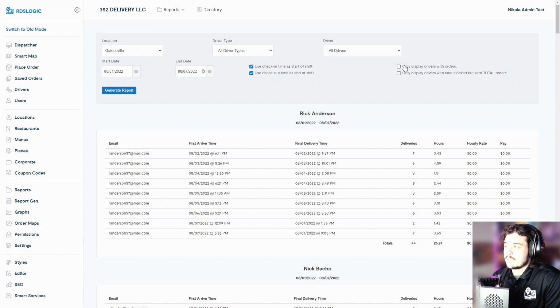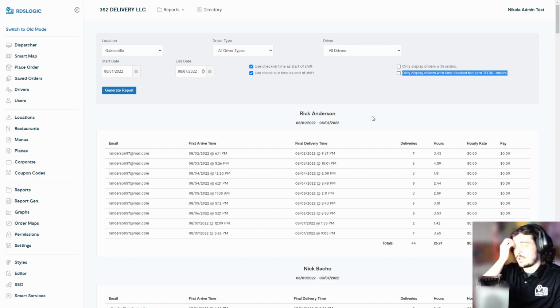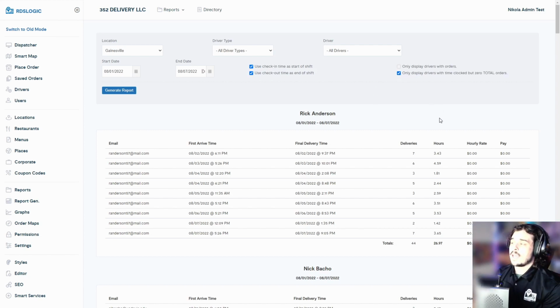Now we also have an option to only display drivers with orders, or only display drivers that have time clocked in but didn't actually process any orders. So if, for example, a driver checked in as a backup, and you promised them $10 an hour to be on standby, but they didn't get any orders that shift, you can check this and it will only show you